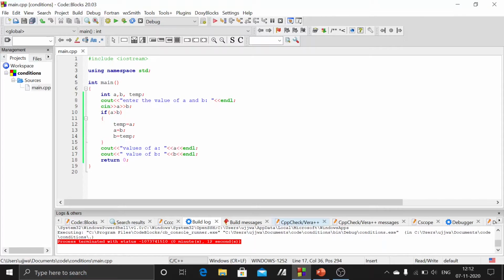Now for the if else, we'll check whether the triangle is a scalene triangle, an isosceles triangle, or an equilateral triangle. For that we'll take three float variables a, b, c, that will denote the sides.